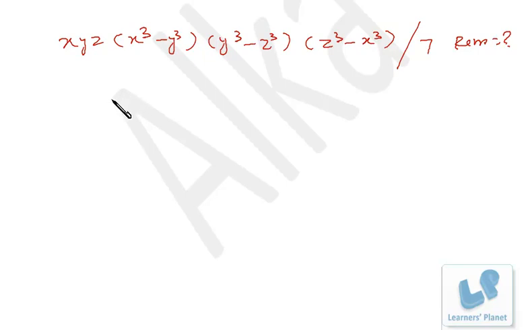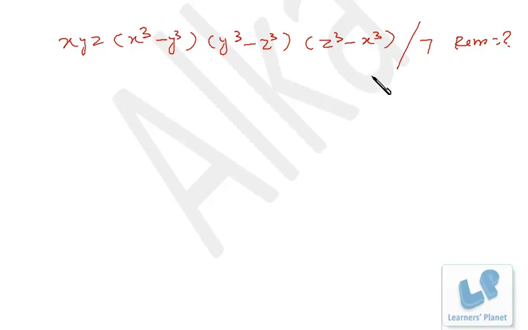Now I have this question. Here x, y, z are integers, and if this expression is divided by 7, what is the remainder, that we have to find out. Whenever these sort of questions are asked, friends, just put up comfortable values of x, y, z. Do not try to interpret anything because that will be really time consuming. So do take the comfortable values of x, y and z.